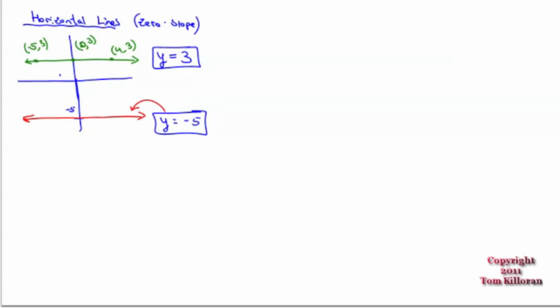Now, I have a shortcut for this that the book never covers. My thing is, it's going to hit the axis that's labeled. If this is just one letter and one number, it's going to hit the axis that it's talking about. So this is going to hit the y-axis. Where does it hit it? At -5, and that way it has to go horizontal rather than vertical. Vertical would hit a bunch of y values coming up and down. So when we talk about a vertical line, what do you think the equation of a vertical line is going to be? X equals whatever number. X equals some number. So if we talk about vertical lines,